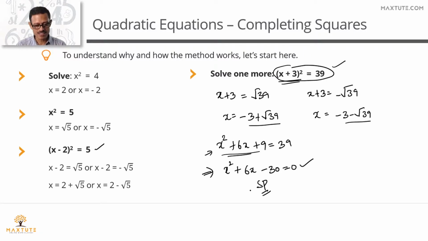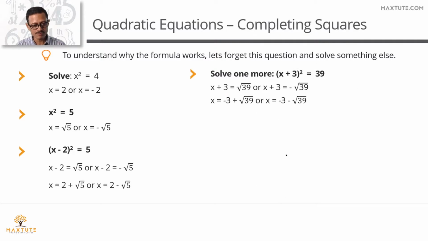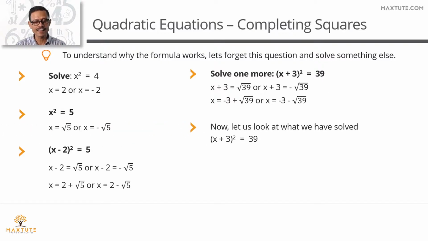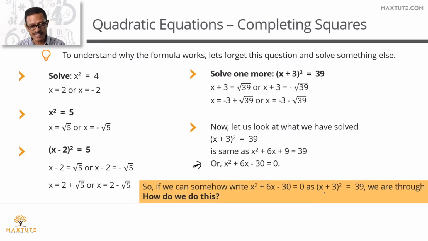Before that, let's quickly summarize this discussion before we go to that. The value of x is minus 3 plus root 39 or minus 3 minus root 39. There's nothing to discuss in this part. Then we went ahead and expanded this equation. What did we get? We got something which is similar to what we saw. The same equation, which is x square plus 6x minus 30 equals 0. If this is a starting point, getting here is no sweat at all. But the problem is, this is a starting point and we need to write this as x plus 3 the whole square equals 39. Once you can write it this way, getting to this is just the next step. It's just one step to get there.